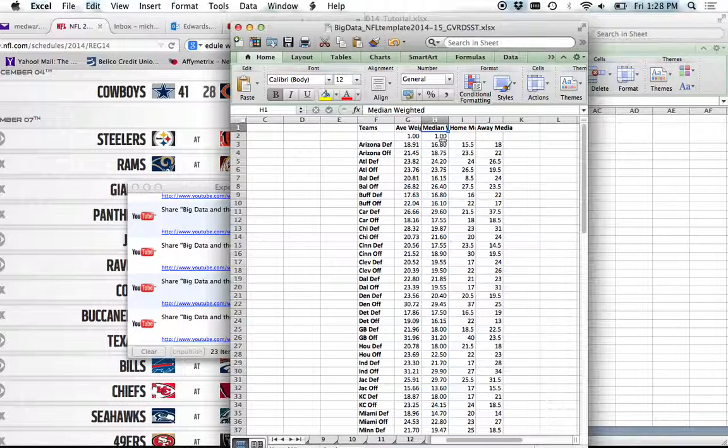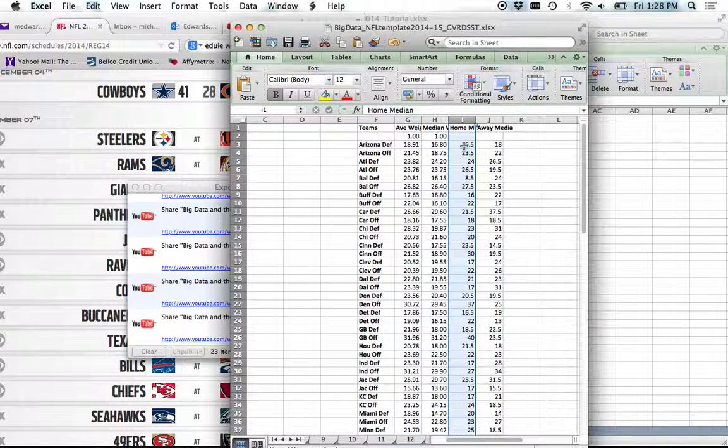We have the weighted median because, especially in sports, you get kind of blowouts. Teams lay down. Median's a good metric to use to measure these, so you aren't adversely affected by these outliers. Then what I did was I put in the home and away medians. We're gonna test to see which one works.